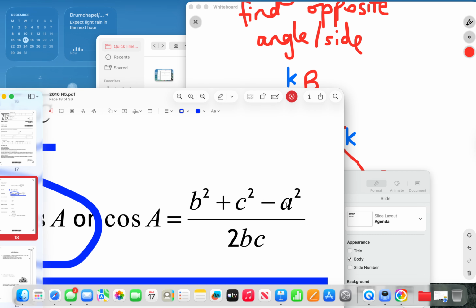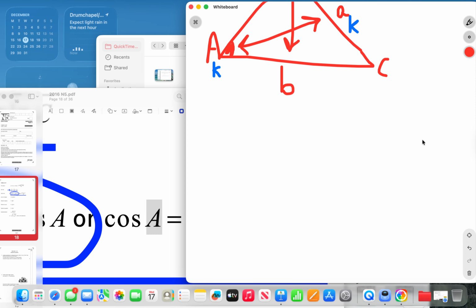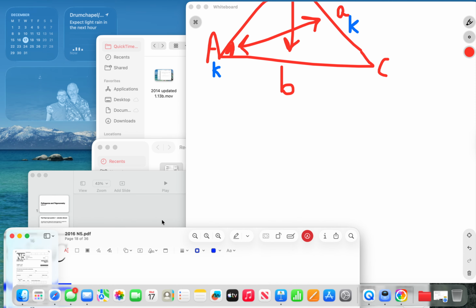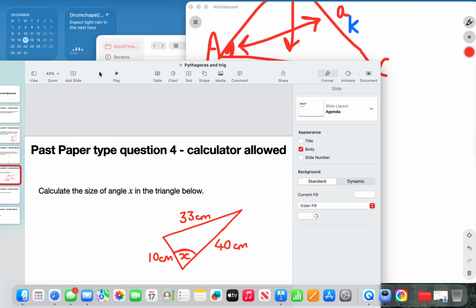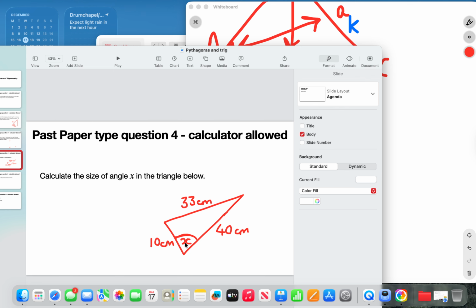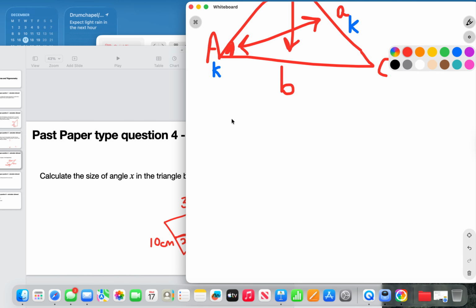We are given small letters on the right hand side and the cosine of capital A. We could use this to find cosine of capital A, and we're going to then substitute this in. So the idea is that this angle X is going to be in place of capital A. So what we put is cosine of A,